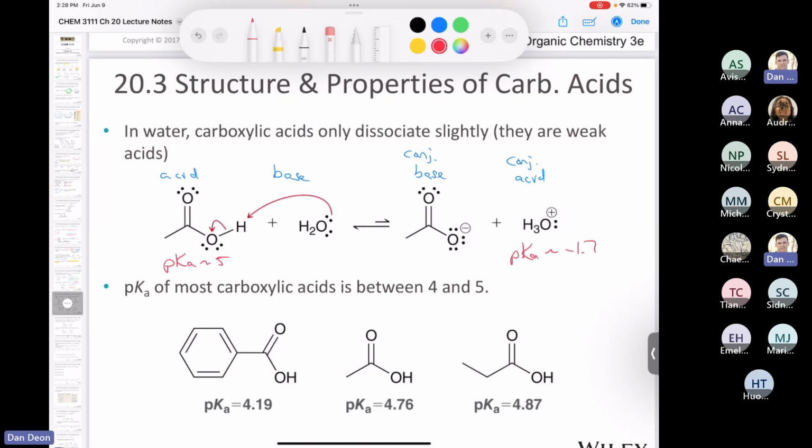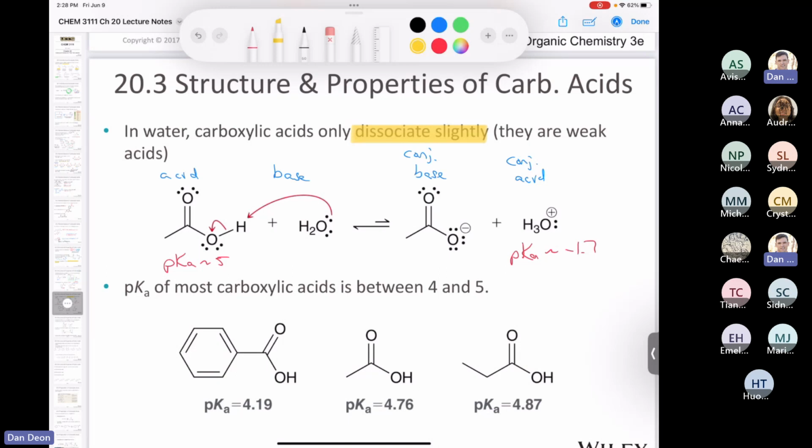And so the equilibrium is going to lie to the side of the reactant. So again, when you put a carboxylic acid in water, it only dissociates slightly. That's a question that I ask in a pre-lab in one of the nursing labs: how do you define a weak electrolyte? It's something that dissociates slightly. So a carboxylic acid would be considered a weak electrolyte, whereas sulfuric acid would be considered a strong electrolyte,